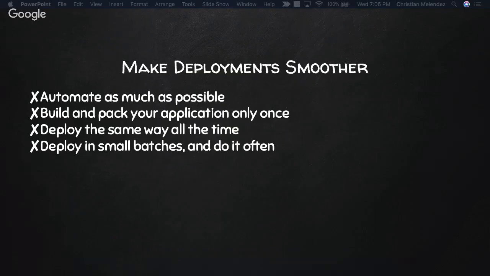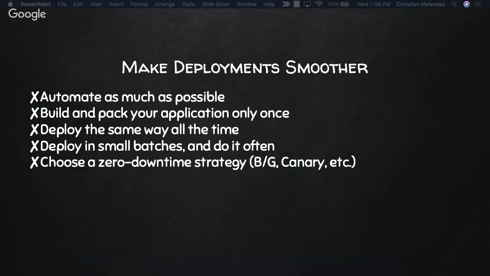Deploy in small batches and do it often. So if it hurts, do it more often, that's it. Try to avoid having, for example, long feature branches. We're going to talk about how you can achieve that part and what the tools are right now that are starting to put this in practice and create a standard in how you develop CI/CD pipelines, not just with Kubernetes, but in general.